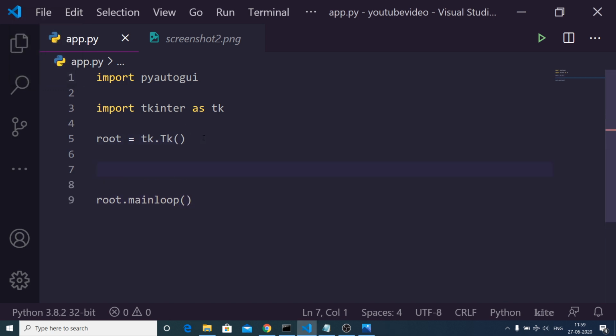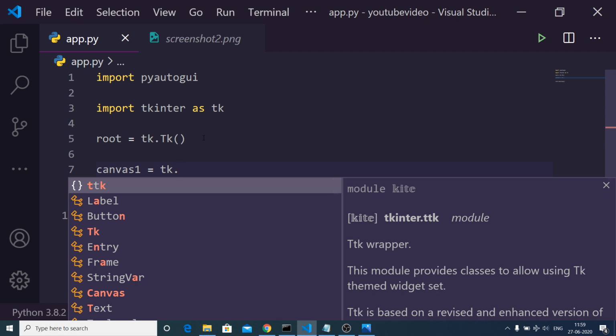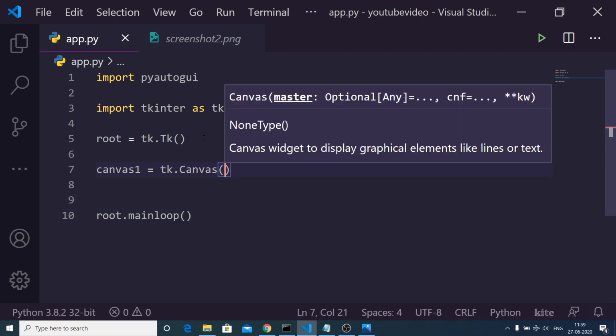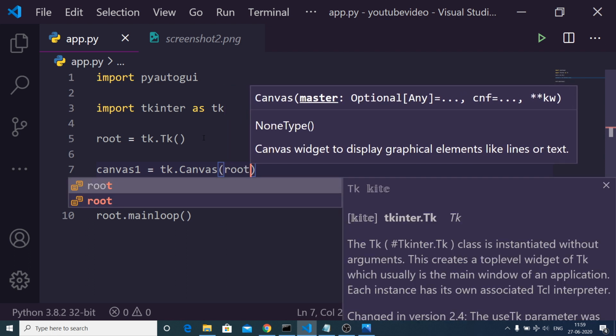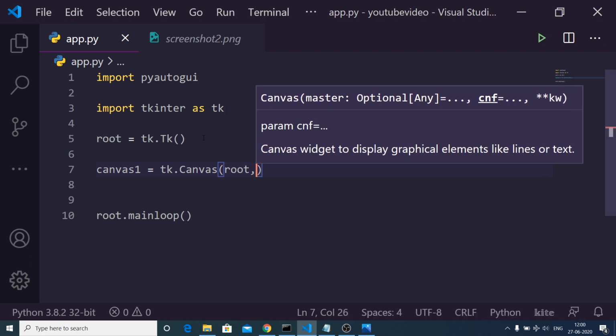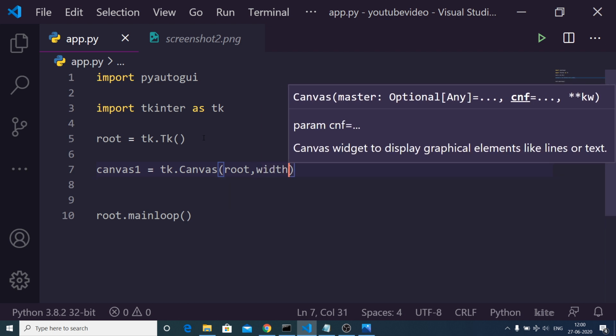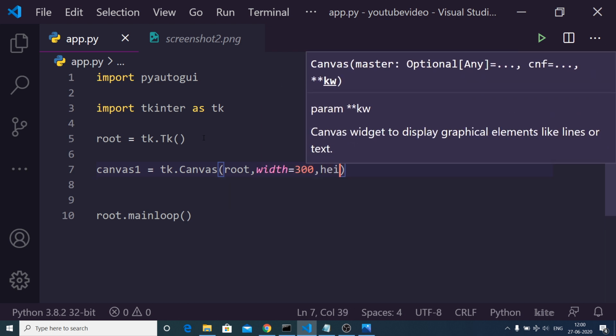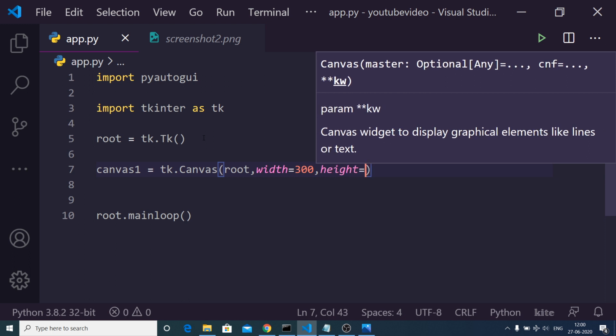Now we need to set the parameters of the window. Here we can declare a variable canvas1, and then use the Canvas method of Tkinter to set the width of the window. First we pass the root variable, which is for the app, and then the width of the window, let's suppose 300, and the height, also 300.